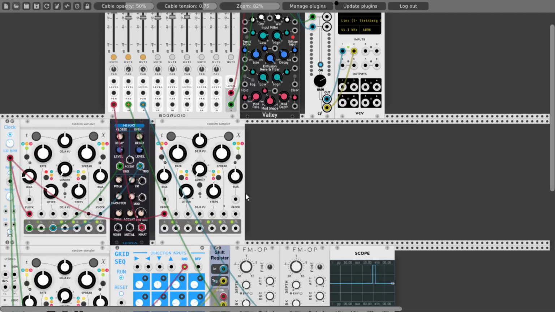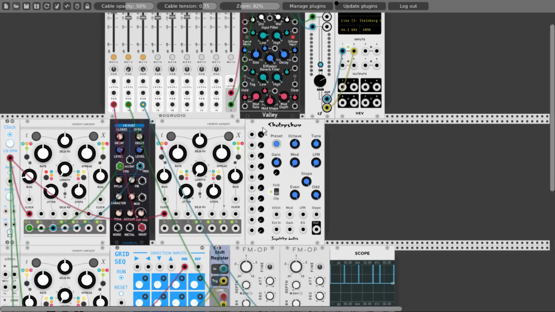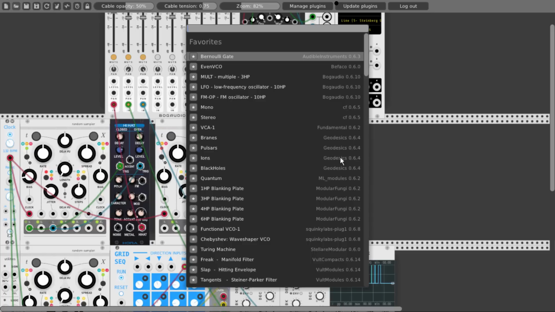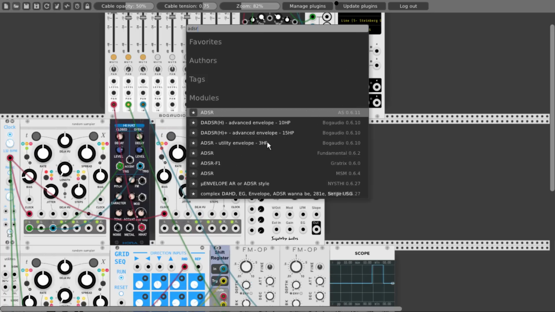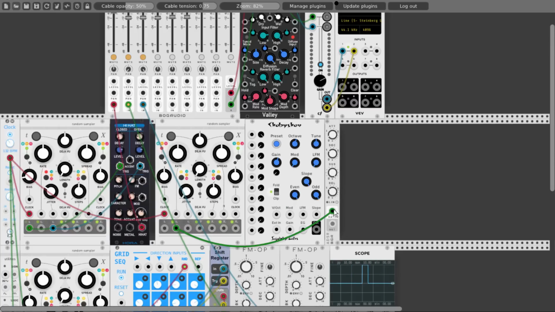And let's add first a steady bass sound using Chebyshev from Squinky Labs. And let's add also an ADSR module so we can control its amplitude. And connect the T2 gate, the steady one, to the gate input of the ADSR module, and the ADSR output to the envelope generator input of Chebyshev.